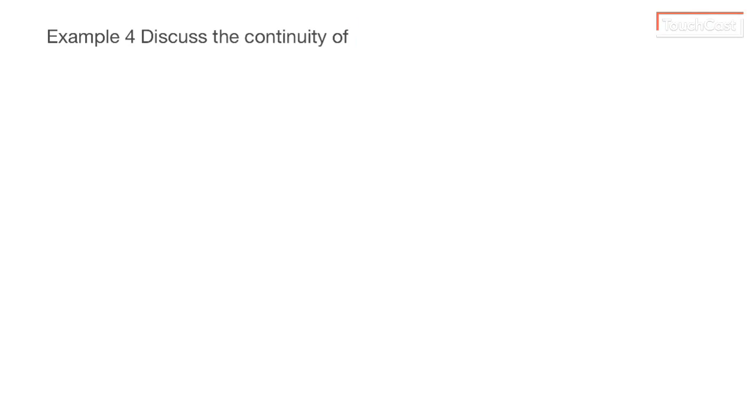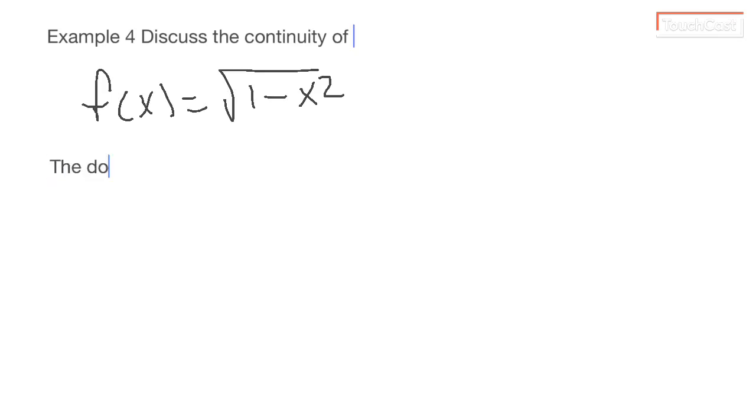And that function is f of x is equal to the square root of 1 minus x squared. What we can say is that the domain of f is the closed interval from -1 to 1,